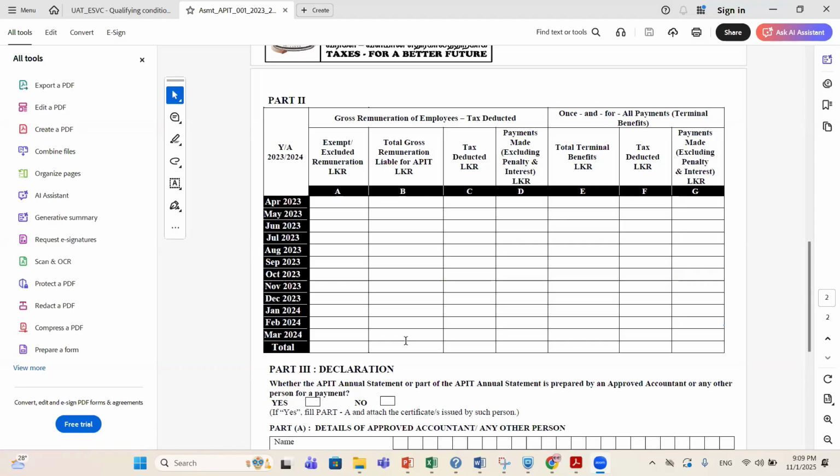Fuel allowance, no? If it is an allowance, I think we need to consider it. But if it is just fuel, not the allowance, say it is a motor vehicle plus driver plus fuel, it will be evaluated as 50,000 rupees per month. But if it is a fuel allowance, I just need to check.